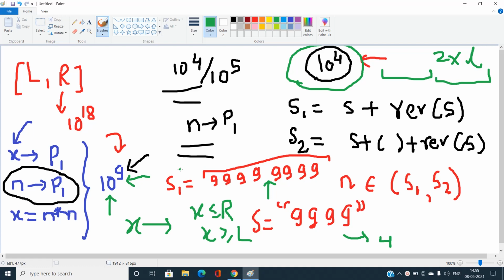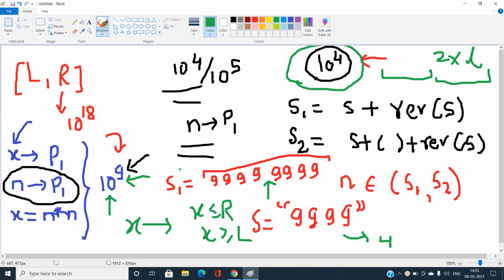We can easily do that under the given time limit constraints, up to 10 power 18 maximum r. I can just iterate over 10 power 4 integers starting from 1 and reverse these integers for every i, and find this n, which goes up to a value of 10 power 9.